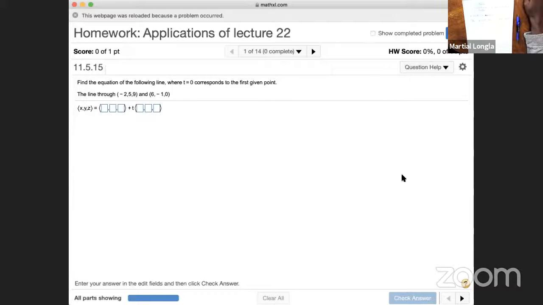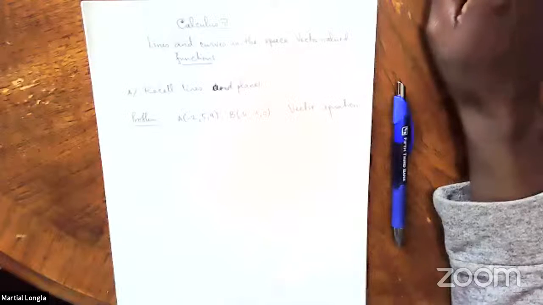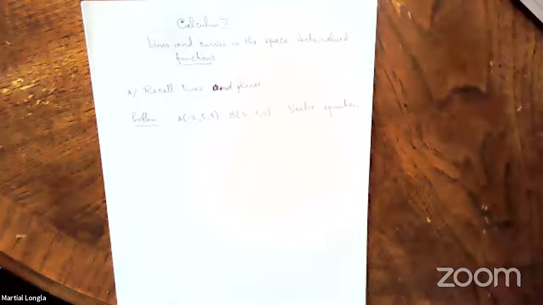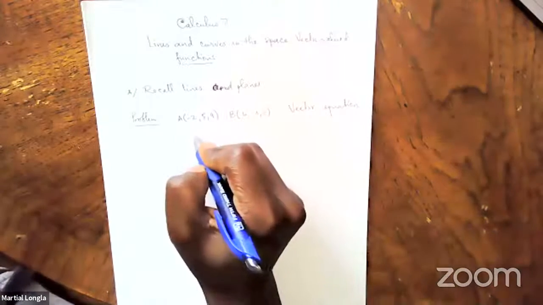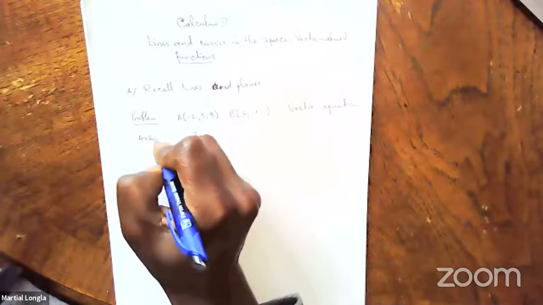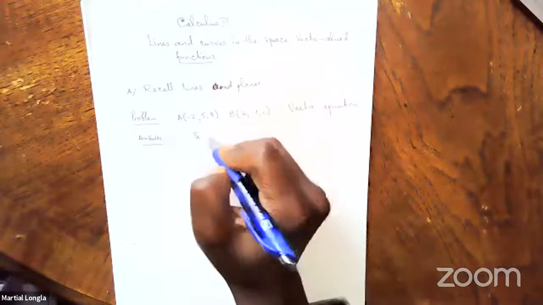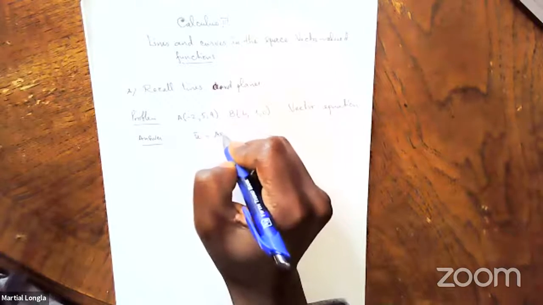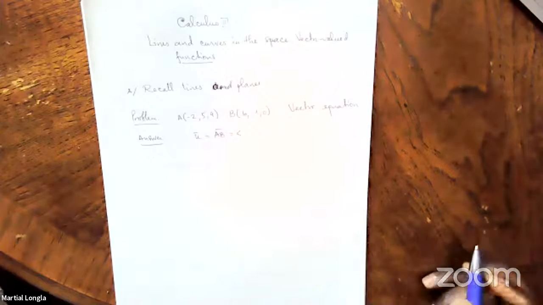Okay. Now, to find the vector equation of the line that goes through these 2 points, as we said before, you need to find the vector u, which is the vector AB, a vector that goes from A to B,